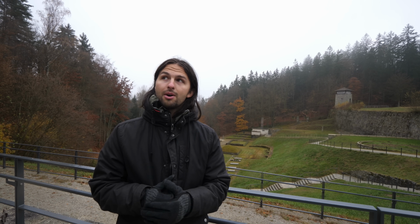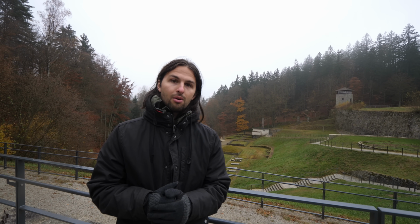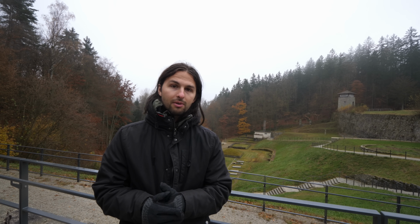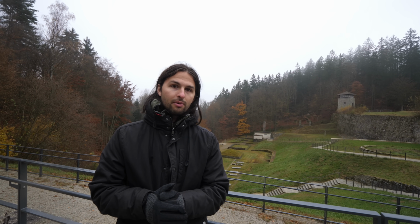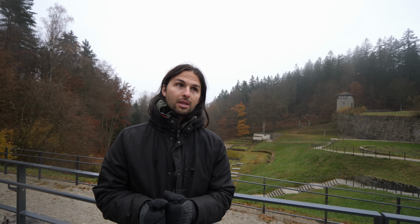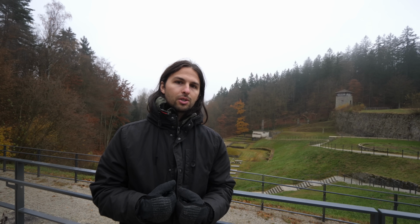It's drizzling right now a little bit, but I can only imagine how it would have been in the winters, only being in what clothes the prisoners were given, forced to work 12-hour days in the quarries. Just absolutely unthinkable to know what they had to bear, and even for us just coming here for a